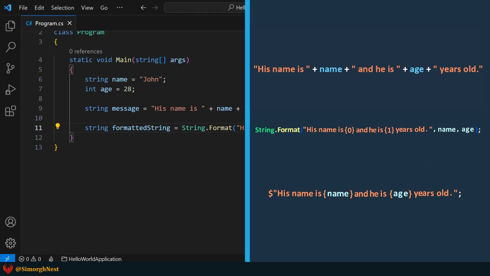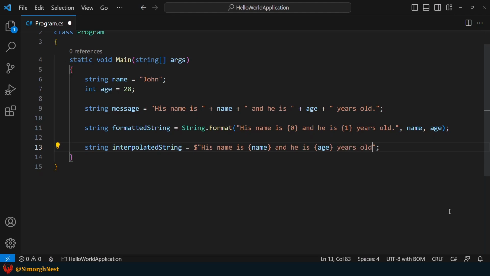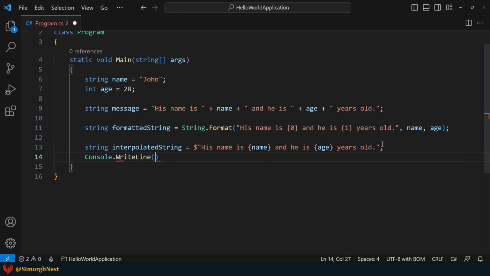Now, let's practice writing this message using string interpolation in the VS Code. Afterward, let's display these variables in the terminal to compare the results.